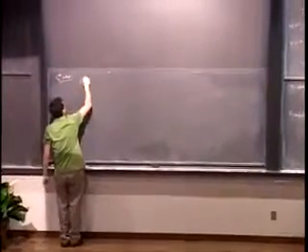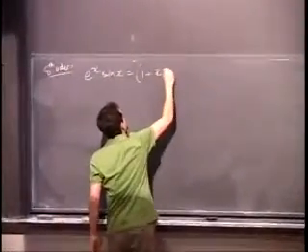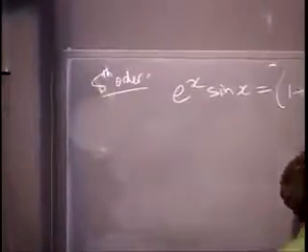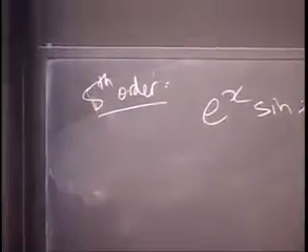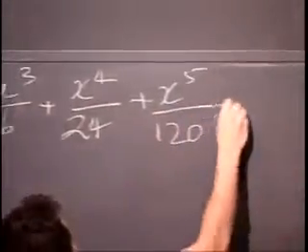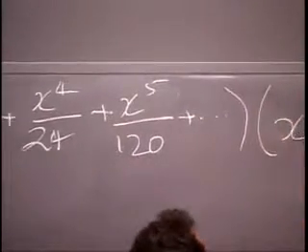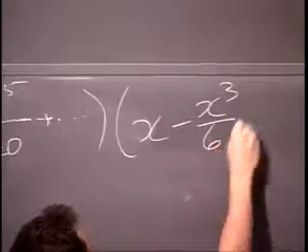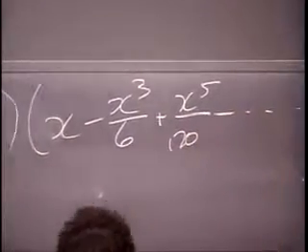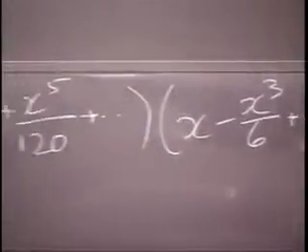here's what I get. e to the x sine x is 1 plus x squared over 2 plus x cubed over 3 factorial, which is 6. x to the 4th over 4 factorial, which is 24. x to the 5 over 5 factorial, which is 120. Okay. That times sine only has x minus x cubed over 3 factorial plus x to the 5 over 5 factorial, and so on. And if we're lucky, this is going to work. Man, I hope we're lucky. So,